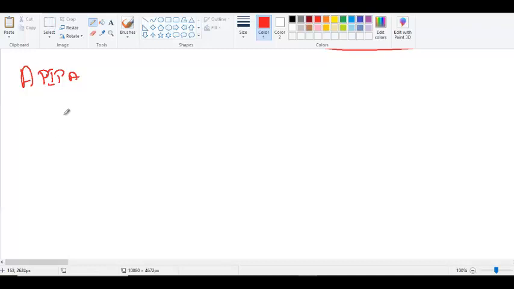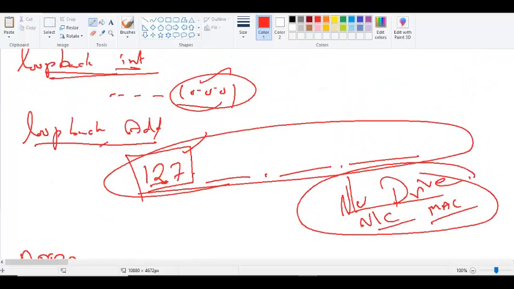You will not see any address starting with this in a computer. What is this for? Actually, this is one of the networks in class B. 169 is here, class B. But that range, 169.254,